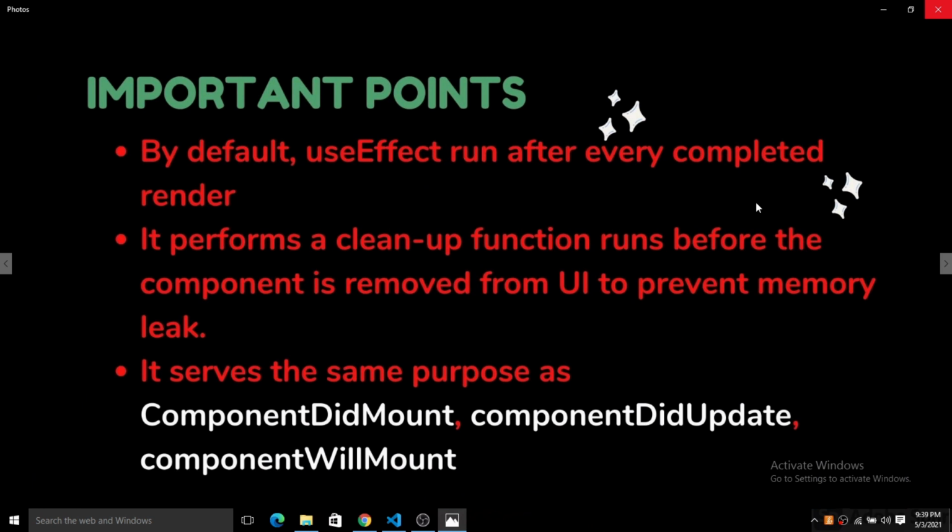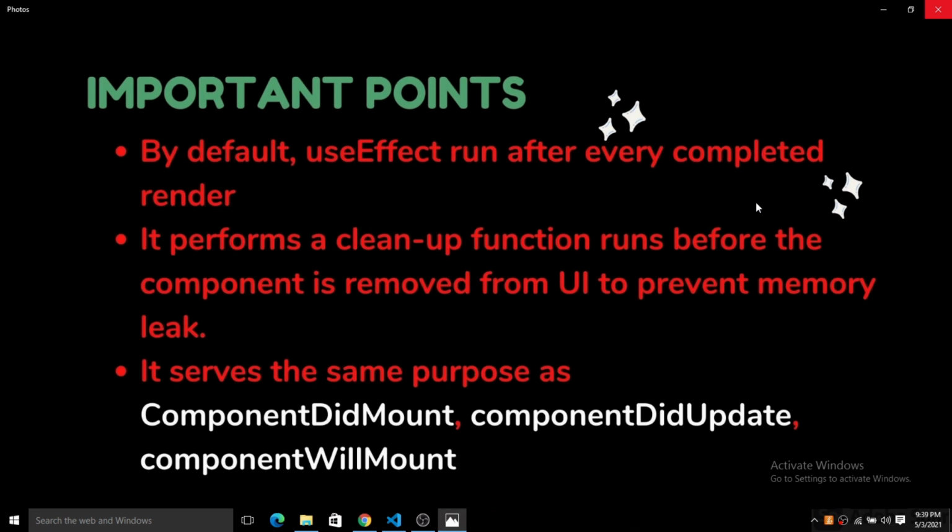Okay, so let's go through some important points of the useEffect hook and what we learned from this. By default, useEffect runs after every completed render, meaning when the component has completed rendering, it runs automatically.